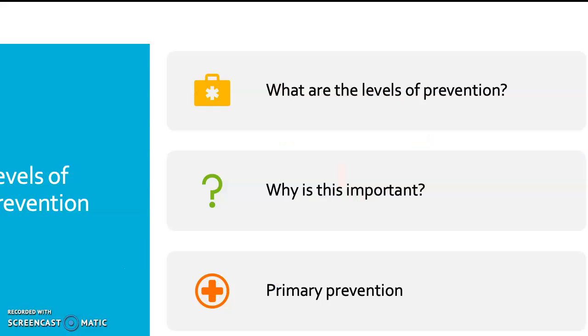Before we proceed, let's discuss briefly the levels of prevention. There are 3 levels of prevention: primary, secondary, and tertiary. In primary prevention, we focus on preventing a disease from ever affecting a patient. In secondary prevention, the focus is drawn towards the early detection and screening of diseases. And in tertiary prevention, we are preventing a disease from further progression,